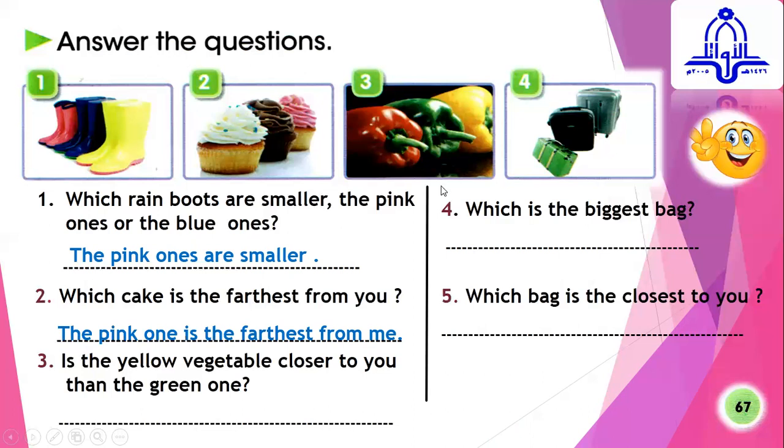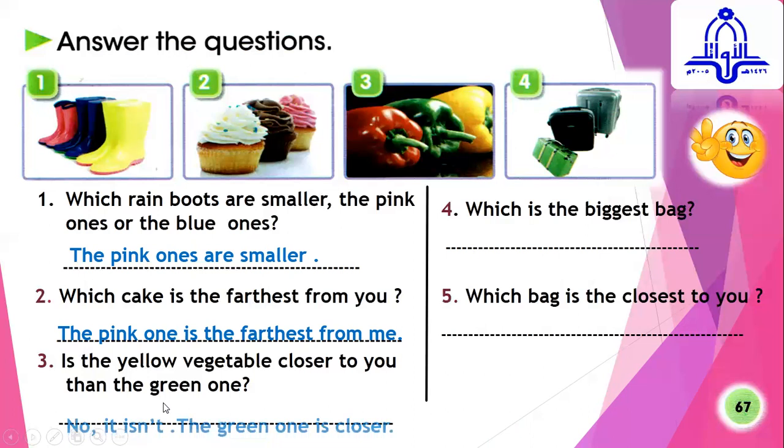Number 3, about picture 3. Is the yellow vegetable closer to you than the green one? هذه الخضروات الصفراء هي الpepper. We have red pepper, green pepper, and we have yellow pepper. Is the yellow vegetable, هل الخضار الصفراء, closer to you than the green one? هل الخضروات الصفراء أقرب إليك من الخضراء؟